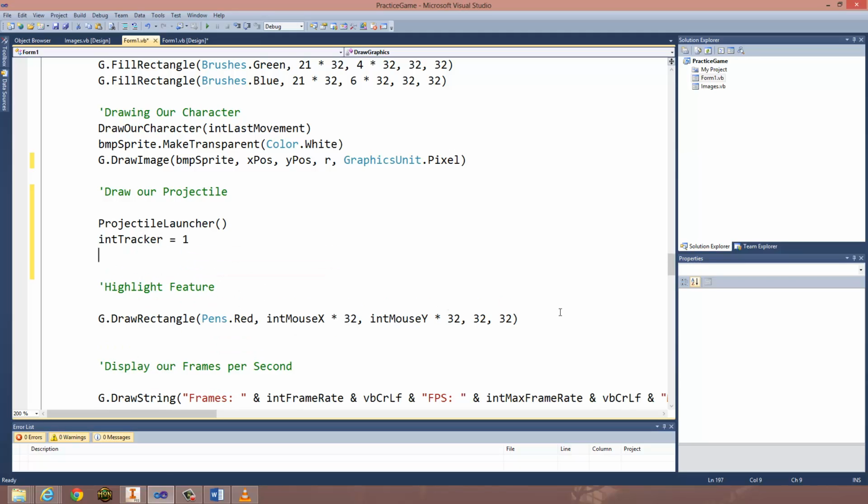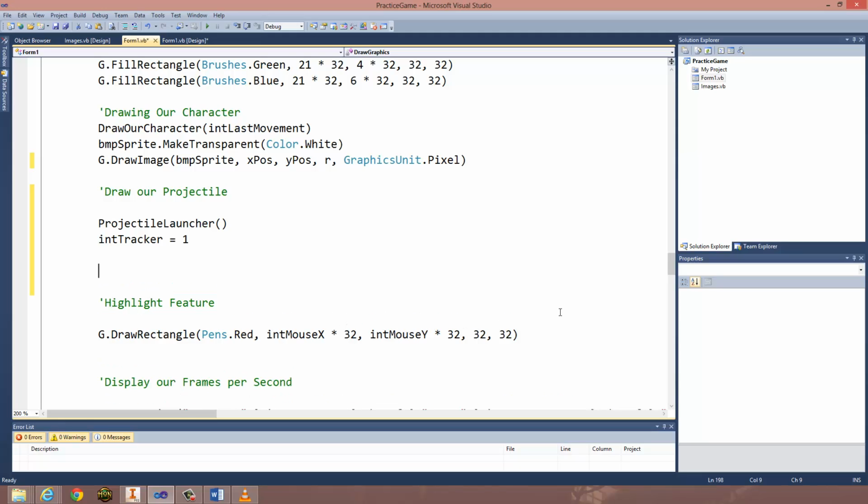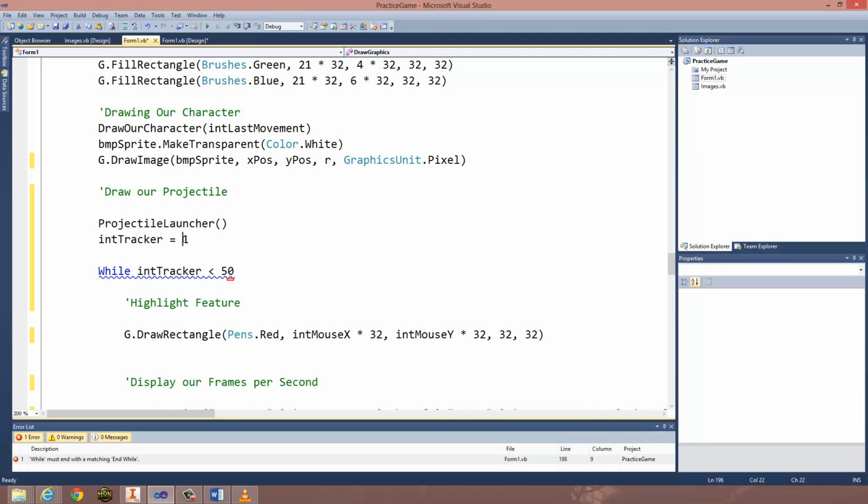So while int tracker is less than 50, yeah, 1 works better because if it was 0, it'd have to be going to 49. While int tracker is less than 50, let's go ahead and,